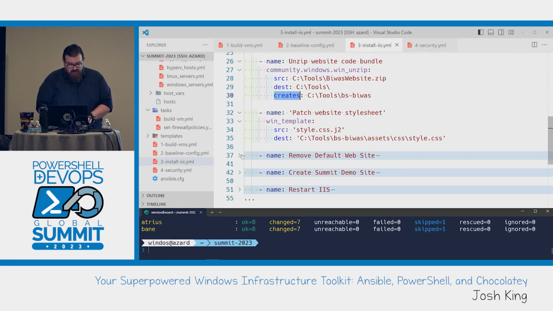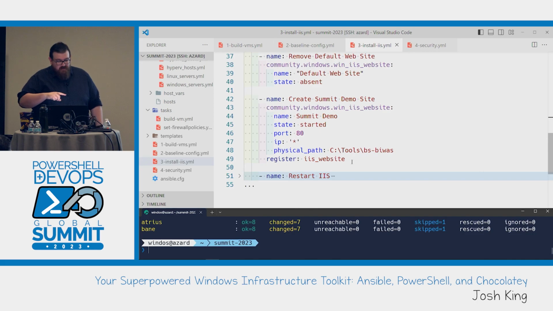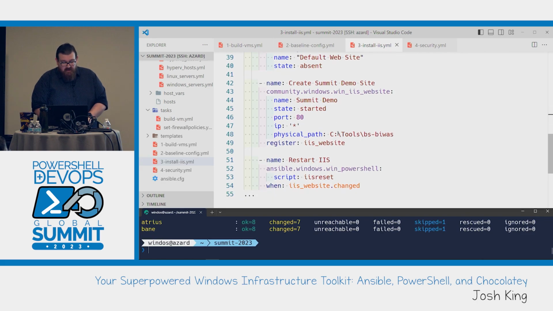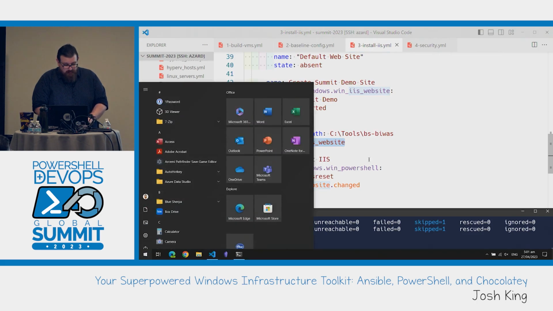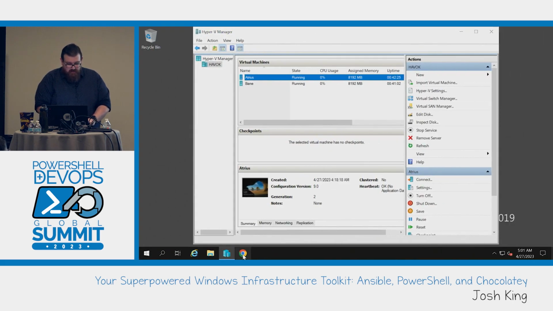So we patched the style sheet. We're going to remove the default website, and create our demonstration website pointing at the path where we unzipped the website. The first time I did that, it worked fine. The second time I did it, the websites wouldn't load. So I threw in an IIS restart. If we've created the demo site, I'm going to run IIS reset. And what that should allow now is we should be able to